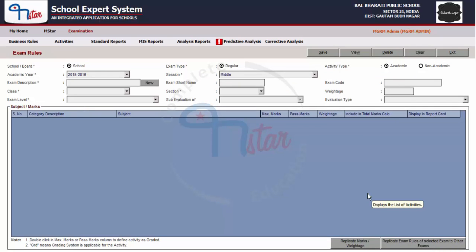Similarly, you can proceed for deletion of other options as per the options available for deletion of exam rules. We repeat that before doing this activity, make sure that there is no result entry and also make sure that the exam rules of the correct examination are selected in the screen for deletion because once deletion is done, the data cannot be retrieved.